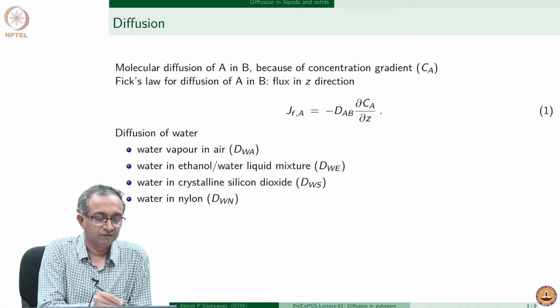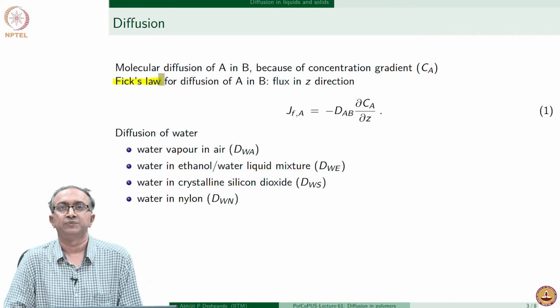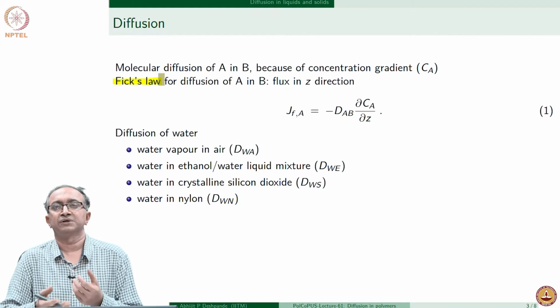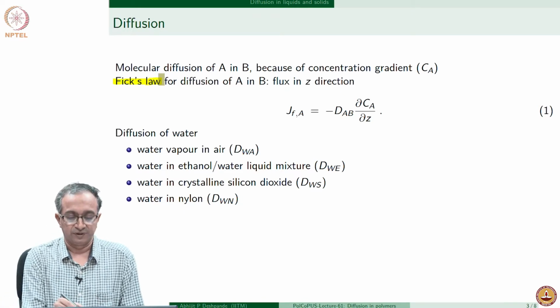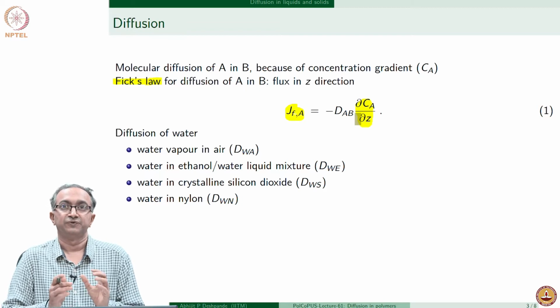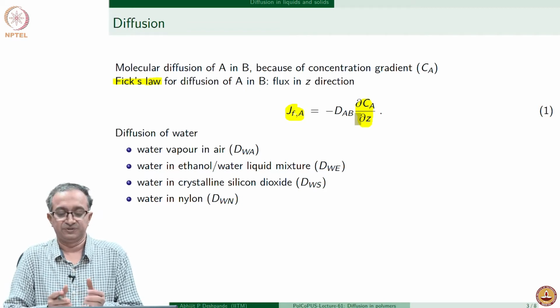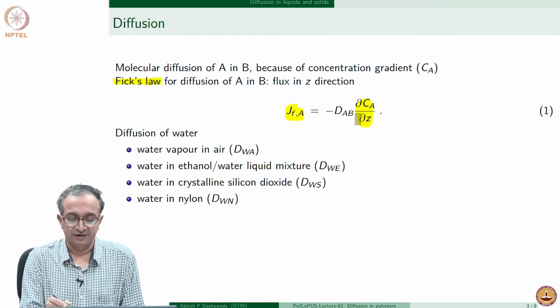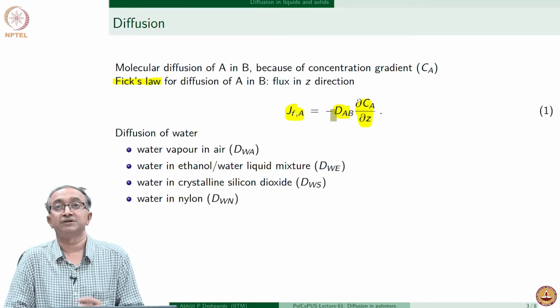And Fick's law is one way, which draws an analogy from Fourier's law of heat conduction and tries to state the mass flux in terms of a concentration gradient. So, Fourier's law, you recall, relates heat flux to temperature gradient. This is very similar, and similar to conductivity, we have a coefficient which is called the diffusion coefficient